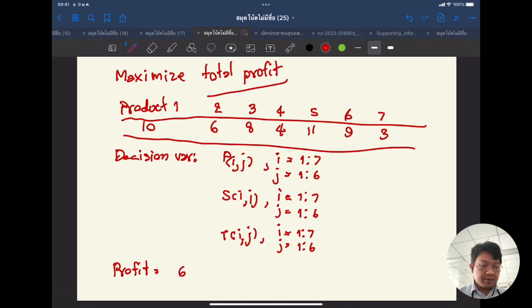Because we know that the contribution of product 1 is 10, the amount of product 1 we sell from January to June is the summation of P1J, and J must vary from 1 to 6. And what else? We have